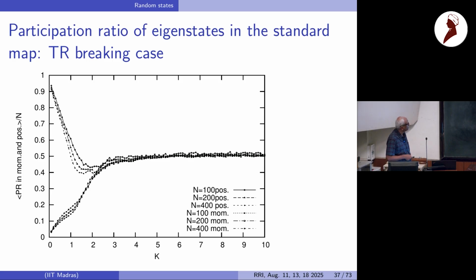and here I have also various n dimensionalities. So position representation, momentum representation, n is 100, 200, 400. I've divided it by n so that now you can see that for large k, after chaos is set in, it's about 1/2 rather than 1/3. It's in fact a pretty decent 1/2. And again, at the intermediate regime and integrable, near integrable regime, it deviates from these standard states in very interesting ways, and it is basis dependent. Momenta are more localized than the position.